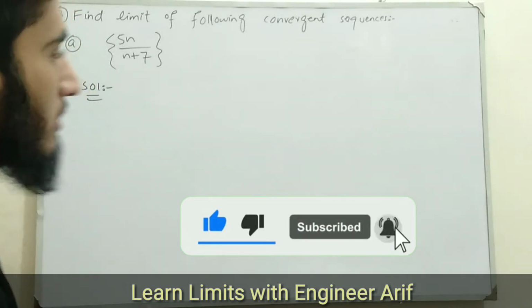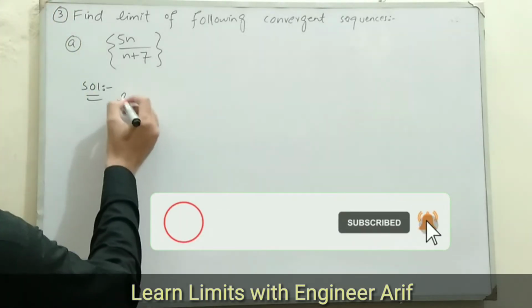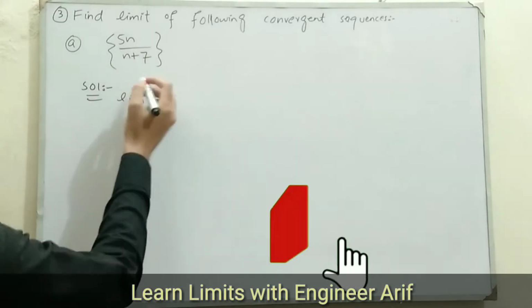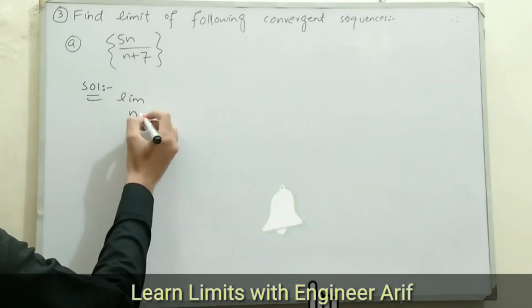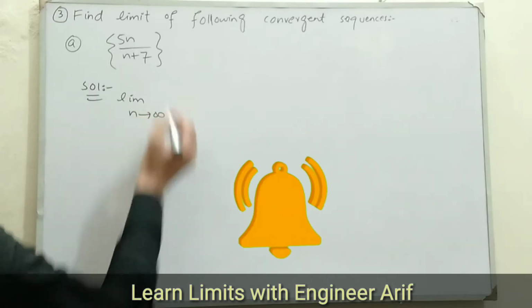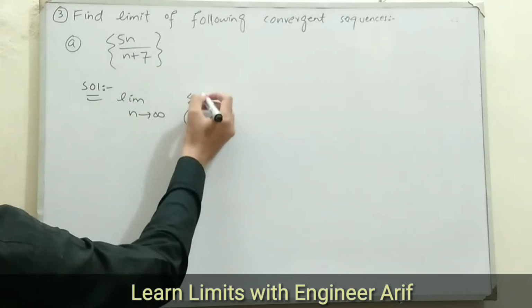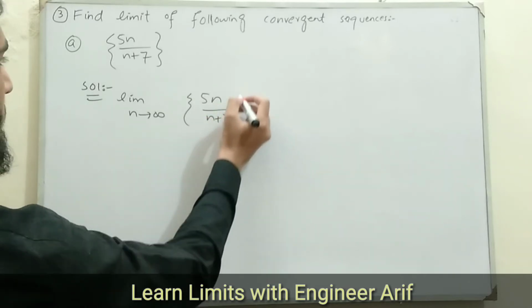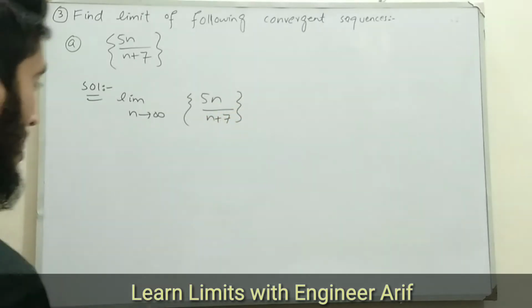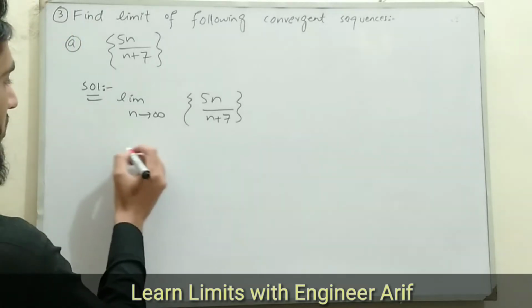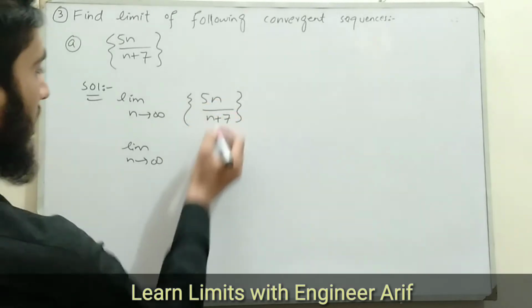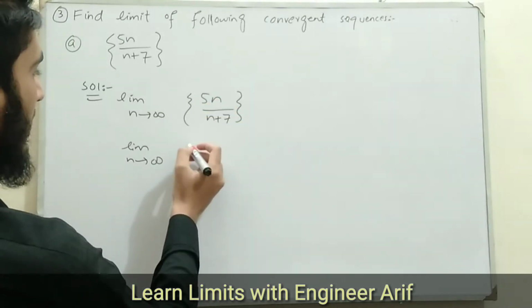Here in convergent sequences, the variable will go to infinity. Here the variable given is n, so in the limit we will take n. So n approaches infinity, and taking the given fraction 5n divided by n plus 7. Now after this limit n approaches infinity, we are going to take n common from the denominator